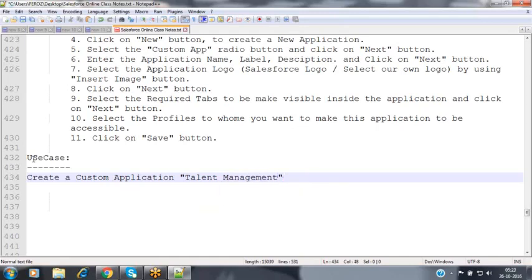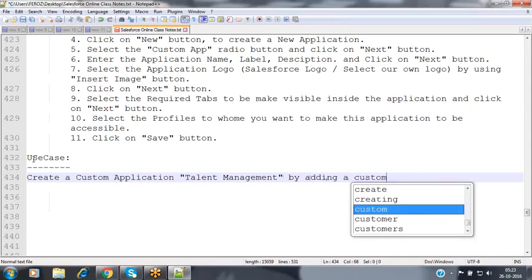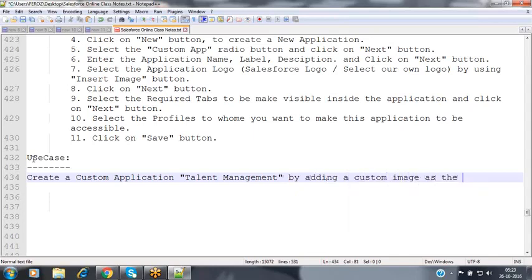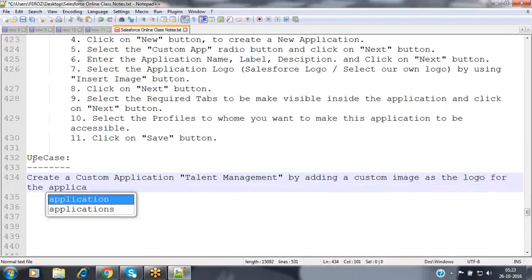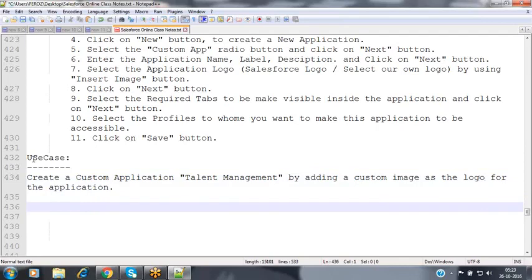In order to automate the whole human resource processes, I would like to use this application, Talent Management, or talent acquisition, or whatever human resource processes. I want to develop an application with the name Talent Management by adding a custom image as the logo for the application. So this is my use case now.